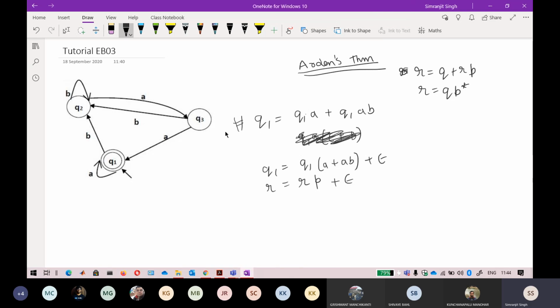This Arden's method is mostly solved on a hit and trial basis. Sometimes you will get a solution directly, but sometimes you have to think about a thing or two. Don't worry if you are not getting the solution in the first go. You just have to go back and see where you have committed the mistake and how you can eliminate the state. Just try it yourself. I will tell you the solution in about 5 minutes. First try it yourself. If you remember, this is your equation, so to make it easier, just try it yourself.